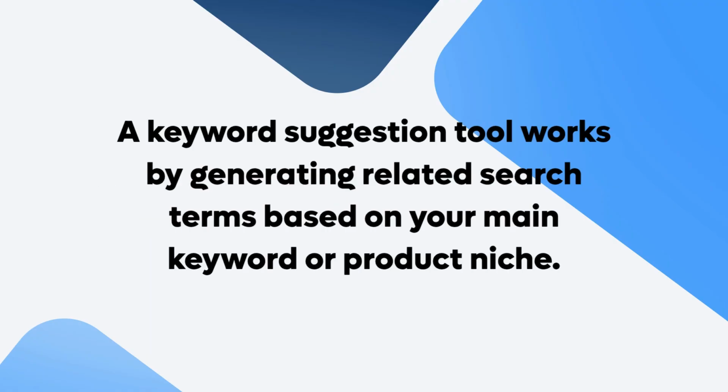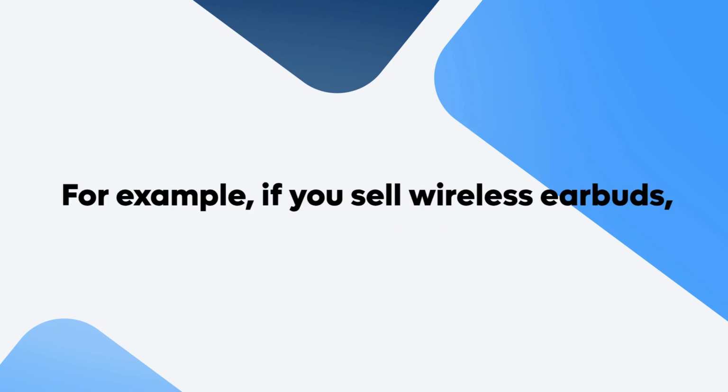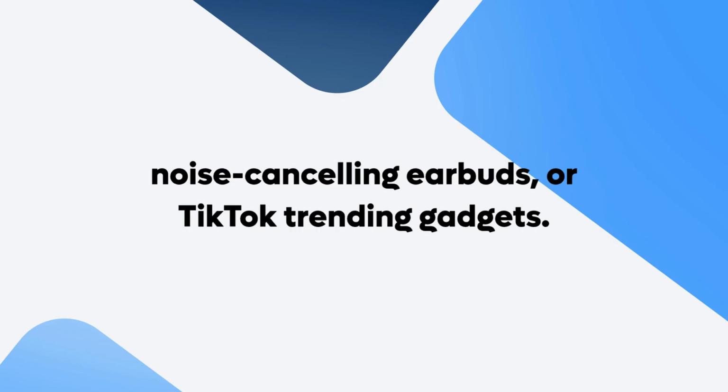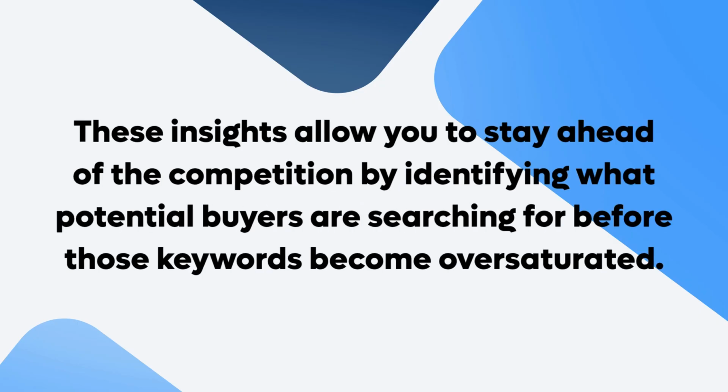conversions. A keyword suggestion tool works by generating related search terms based on your main keyword or product niche. For example, if you sell wireless earbuds, it might suggest terms like Bluetooth headphones, noise-canceling earbuds, or TikTok trending gadgets. These insights allow you to stay ahead of the competition by identifying what potential buyers are searching for before those